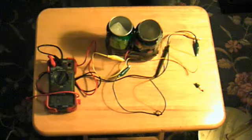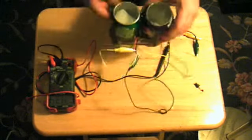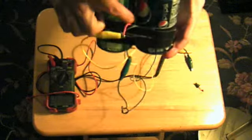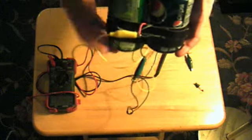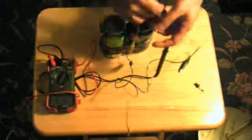Okay, so what I have here is a little experiment set up. I have two aluminum cans, one which I have put ice in. I also have a Peltier heat sink between the two cans. I have two leads, one positive, one negative, which I attach these alligator clips to. I also have a multimeter,